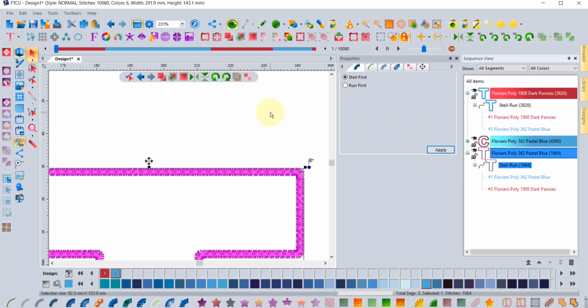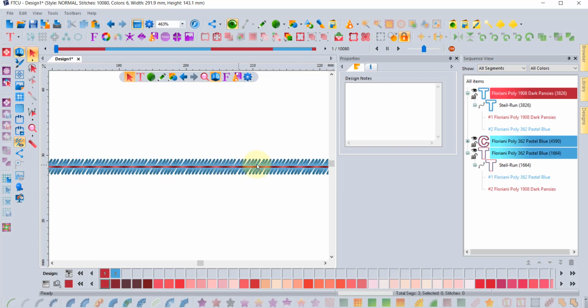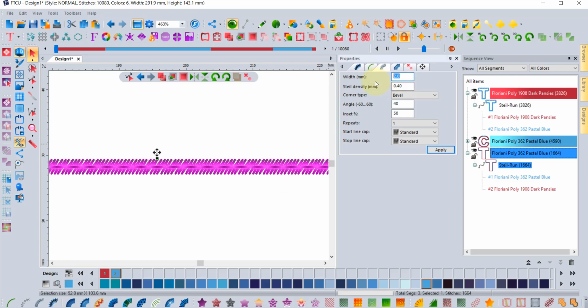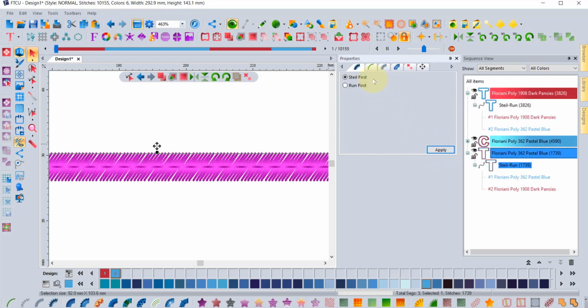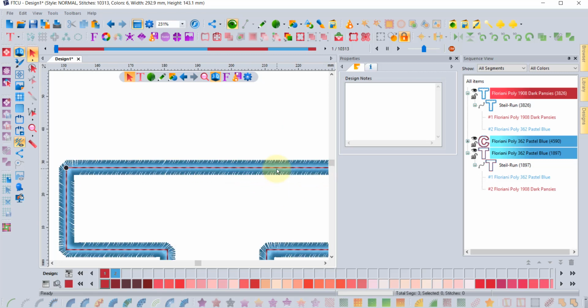It's a lot of fun, and you'll find that if you put the steel first and the run on top, a lot of times it could be a single run right down the middle, just like it is now. Maybe you want to take that column, the blue part, and make it slightly wider. So select over here, change it from a 2mm column to a 4mm column, and then change the run stitch on top of it to be a double run, and it'll have a blue satin column with a nice bold red line down the middle. Or